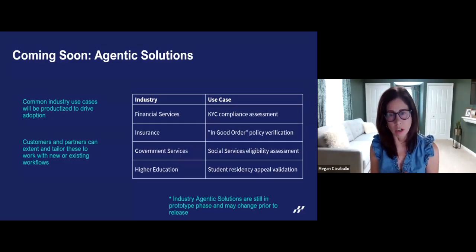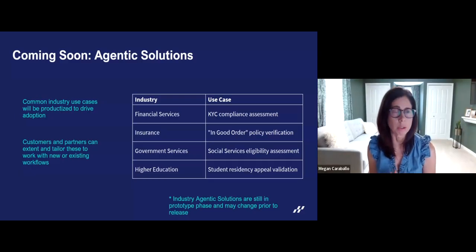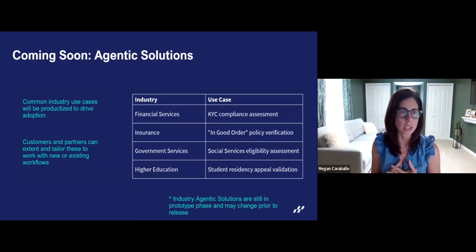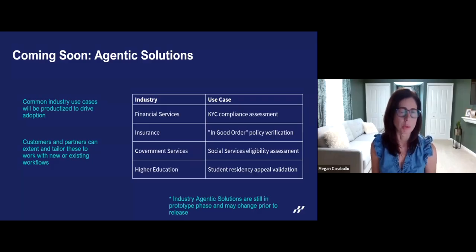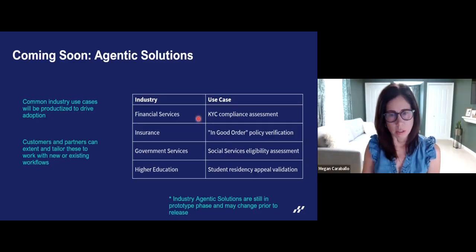So listed here are a few examples that I will talk through on the following slides. A quick caveat here is that we're in very early prototype phases and still actively working with customers on feedback. So as we get into Q3, Q4, the final list and scope of these could change. But the goal here is to give you an idea of, A, what Agent Builder can do and the types of things it can help act or decide on, and then B, to give you a preview of where we're going as an organization, because we'll always welcome more ideas and suggestions for those standard use cases. All right.